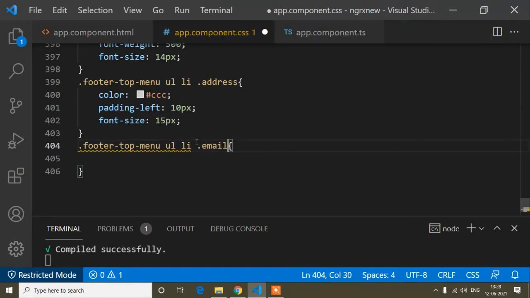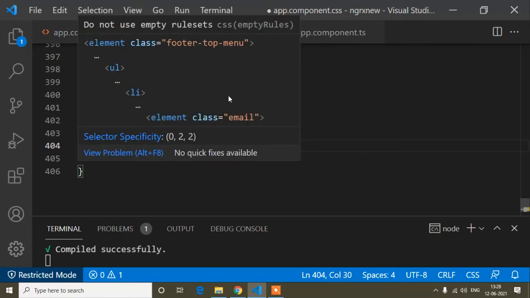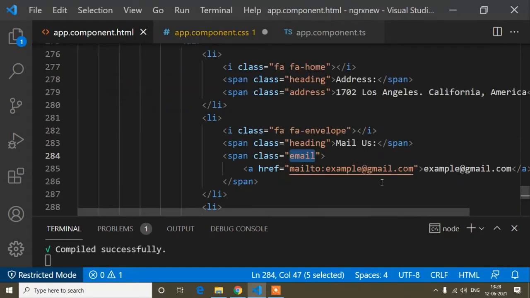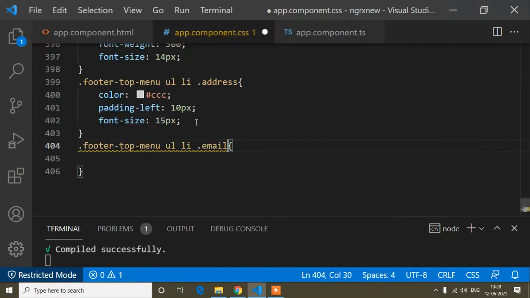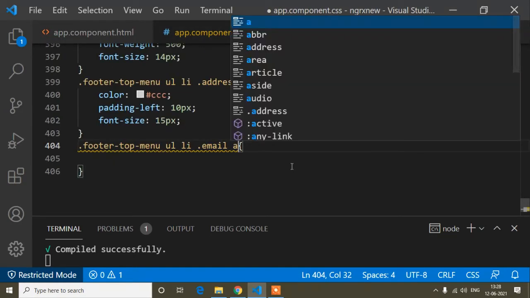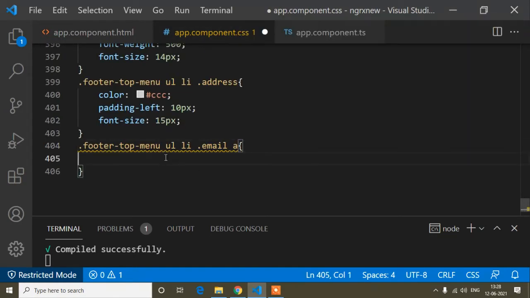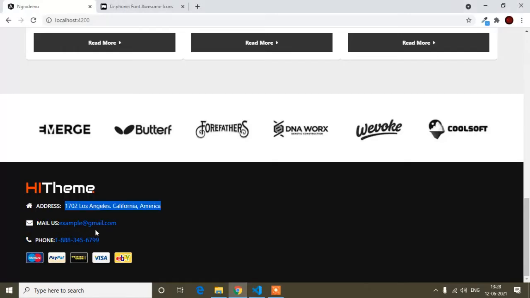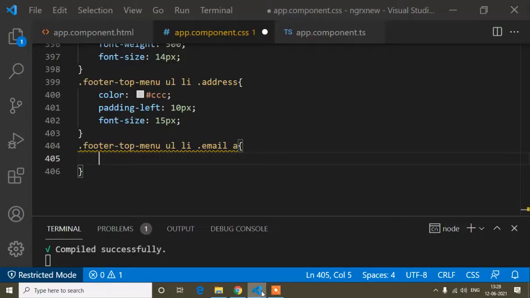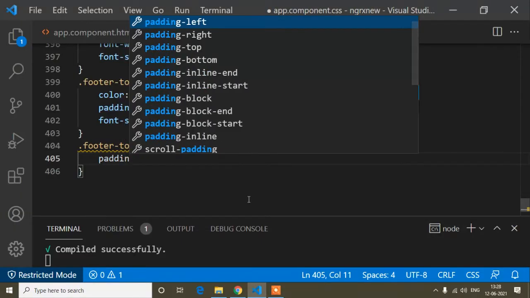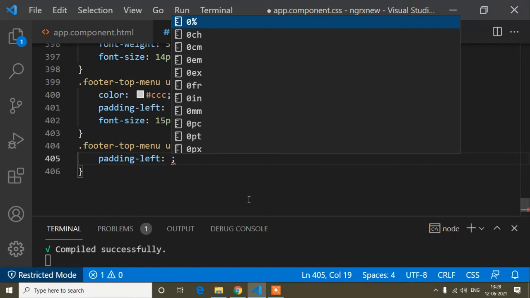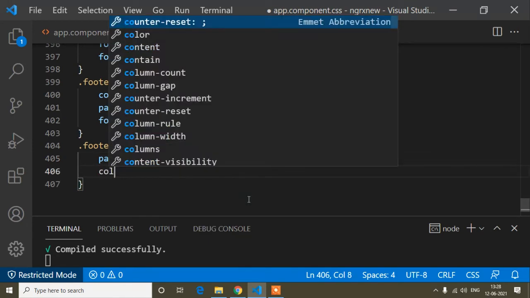So dot email, and guys inside this email tag, if I show here, that is inside this email tag there is the a tag. So I will design for this a tag. So email, then a. So now I will add the design. So first of all, same, I will add the space between this heading and this content. So here same thing I will add, that is padding-left, and the padding-left is 10 pixel, and the color I will add